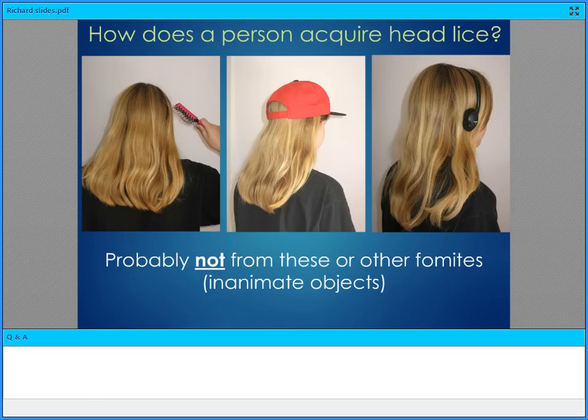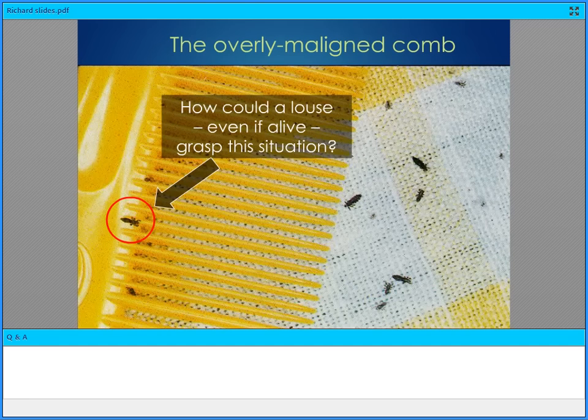We've all heard that we shouldn't share hair combs, brushes, headphones, helmets, and other such objects because they might spread head lice. But this long-held belief is yet another myth because head lice cannot easily grasp such items. Furthermore, head lice do not survive long once removed from a person. Indeed, they tend to die within just a few hours from water loss and starvation. Hence, fomites are of no significance in the transfer of head lice. Next,